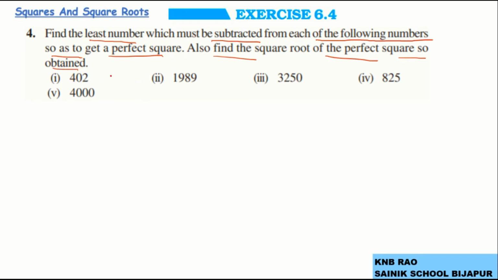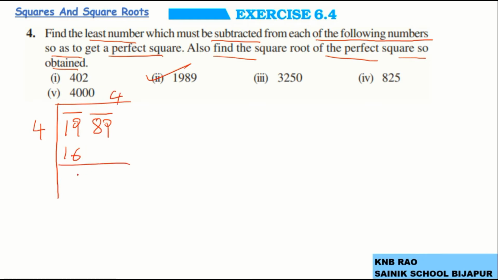So you can take any number, these are all non-perfect squares. For example, if I have chosen this 1089, first I will make pairs and I will go for the long division method. Here in this long division method, the difference is 3